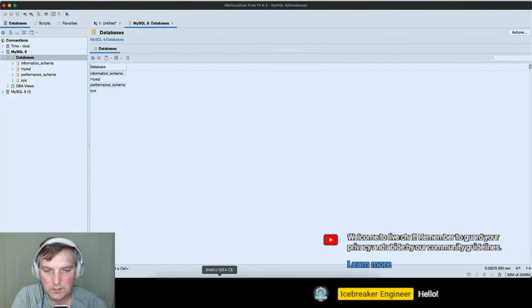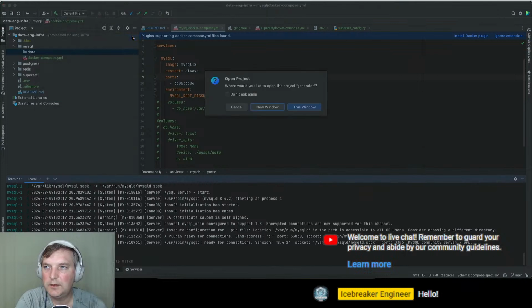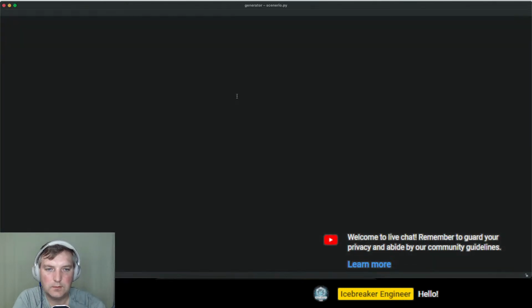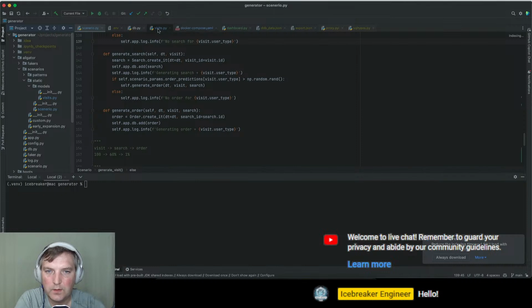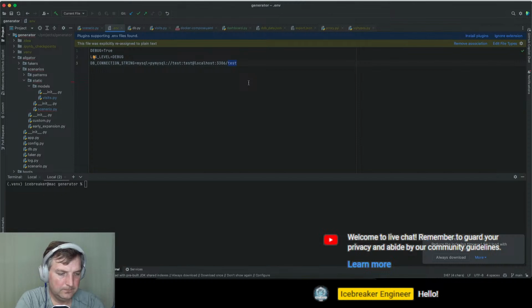So now we can go into our generator project. In the generator project, we have the environment, and we call the database test. Let's call it e-commerce, and let's call the scenario static.